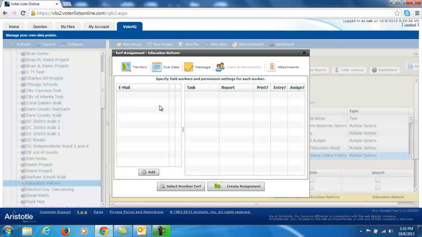What it will also allow them to do is to tier off the volunteers to be able to cut turf for lower level volunteers as well. So for instance, if you have a precinct captain who is wanting to actually cut up turf into neighborhoods, then you can also grant that permission to these people as well. So our first step is we'll go to Add,